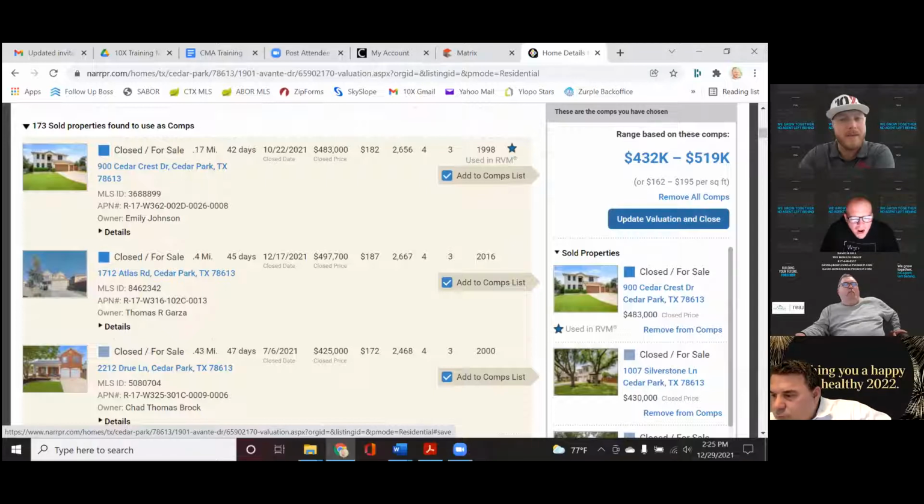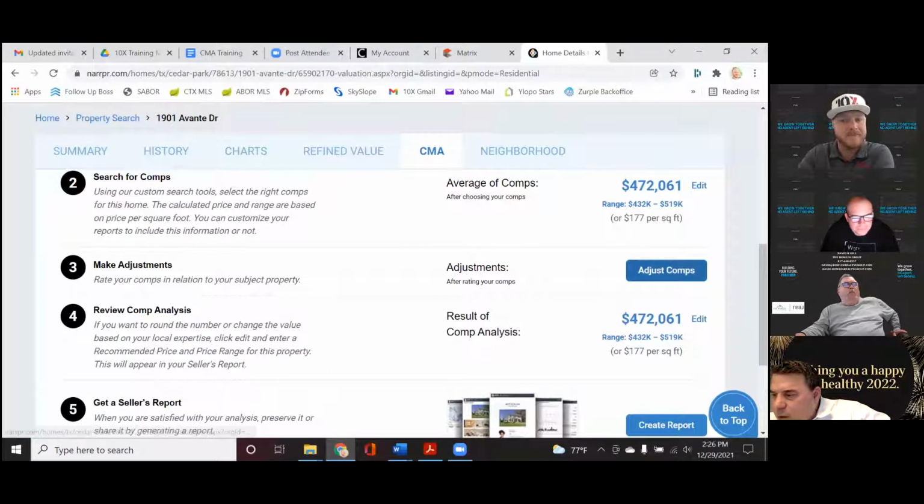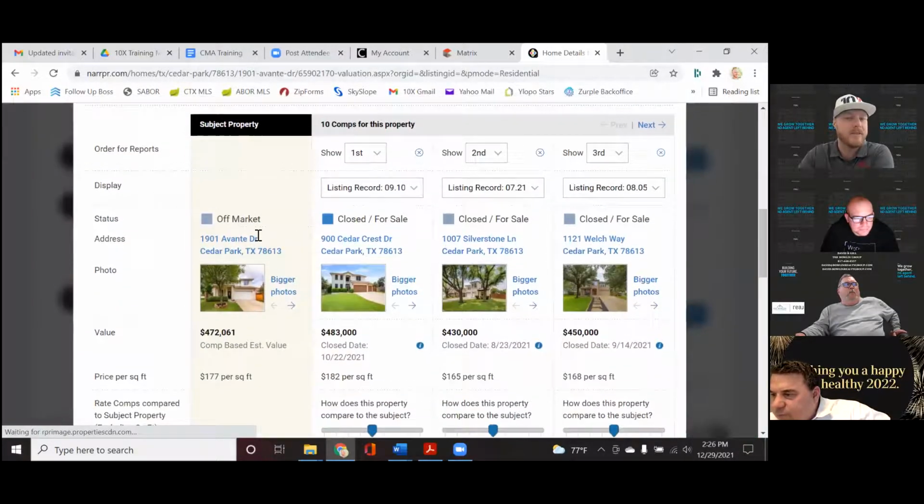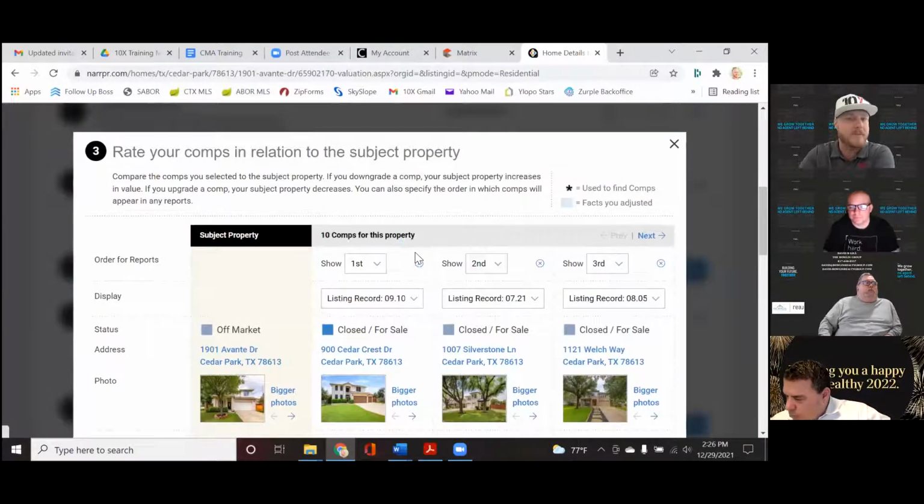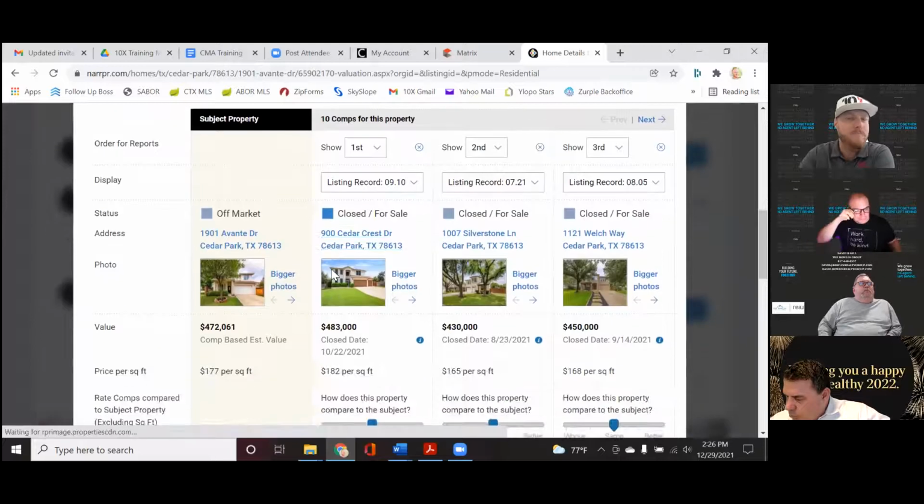So when we update valuation and close right here on the blue button, it's going to bring us right back to our building our CMA page. And then we're going to go into making adjustments. And this is where I'll actually look a little bit more in depth. I've grabbed 10 properties, so I have way more than I need. So I'm going to narrow this down to the closest properties to my